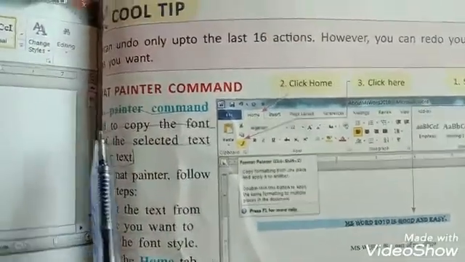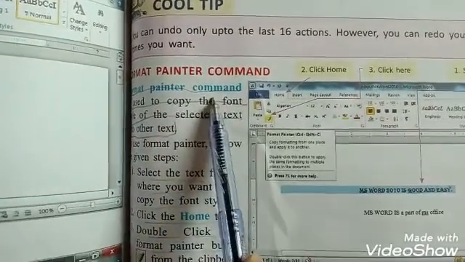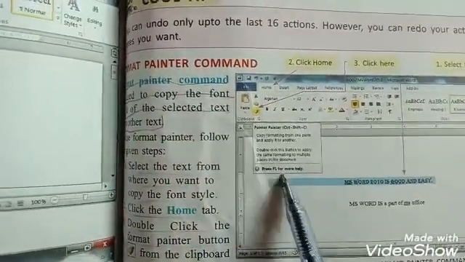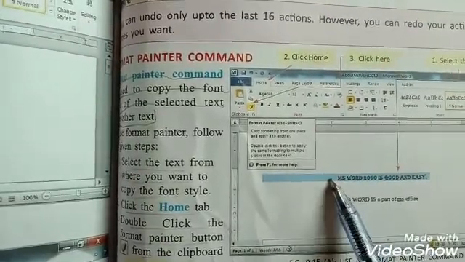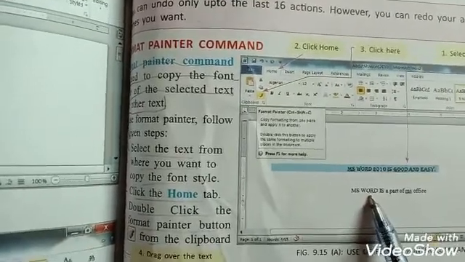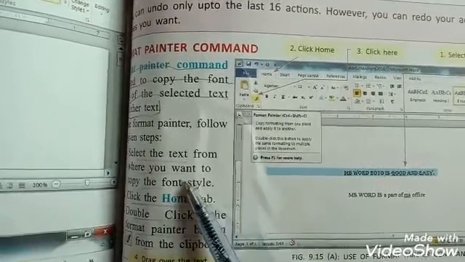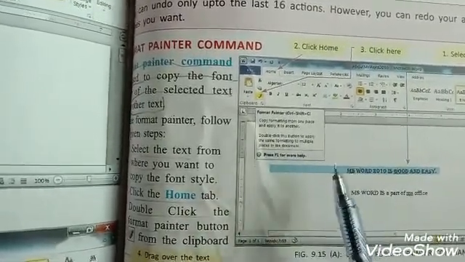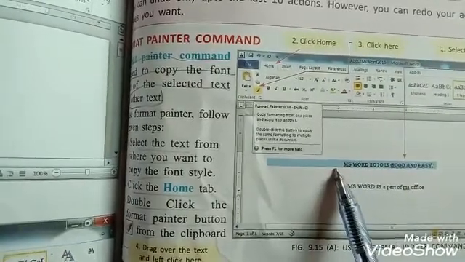Our next topic is the Format Painter command. Format Painter command is used to copy the font style of the selected text into other text. For this purpose, first of all, select the text from where you want to copy the font style.